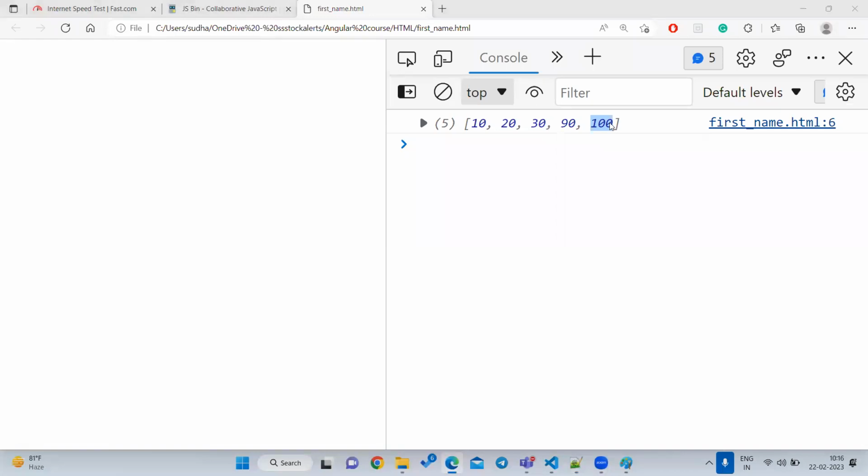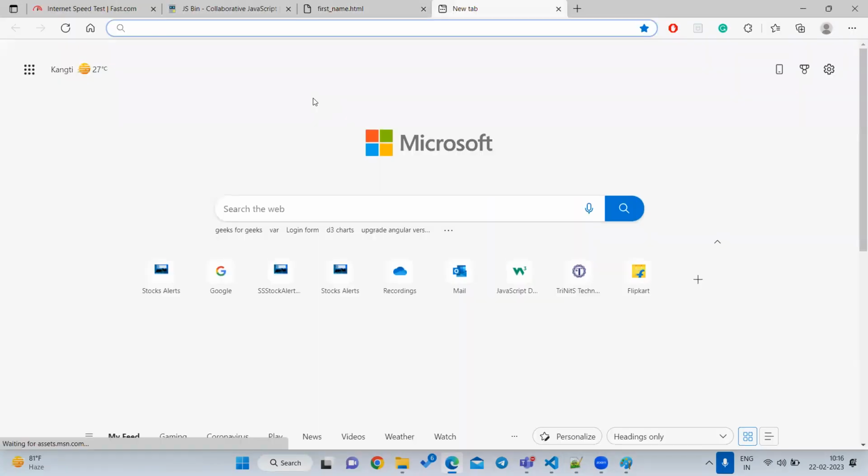Where will you use it? Suppose what will happen? Sometimes you are going to write the